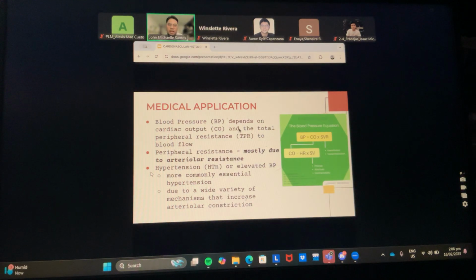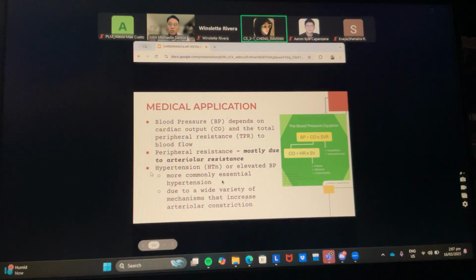So medical application. Since we are talking about blood pressure, di ba? The blood pressure depends on the cardiac output and the total peripheral resistance to blood flow. Again, BP is equal to cardiac output multiplied by your systemic vascular resistance or your total peripheral resistance. So peripheral resistance is mostly due to arteriolar resistance, and hypertension or elevated BP is more commonly essential because we have two types of